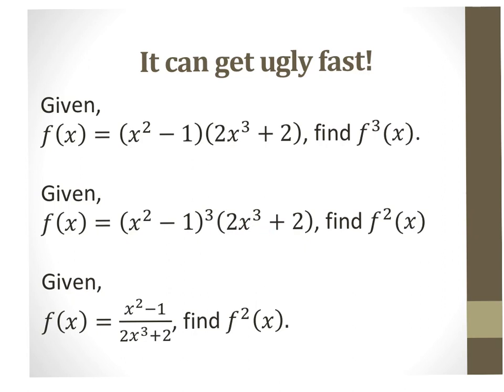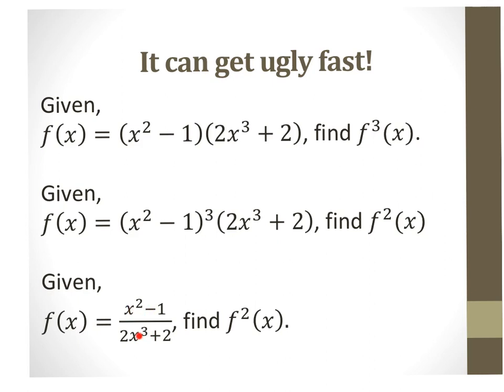So instead, we're going to use the product rule. Derivative of the first times the second plus the first times the derivative of the second. That gives you the first derivative, then do it again. As you can see, that's going to be really ugly and messy. Now down here, this is a wreck, right? Because it's going to be, for us, a quotient rule. We could factor the numerator to x plus 1, x minus 1,